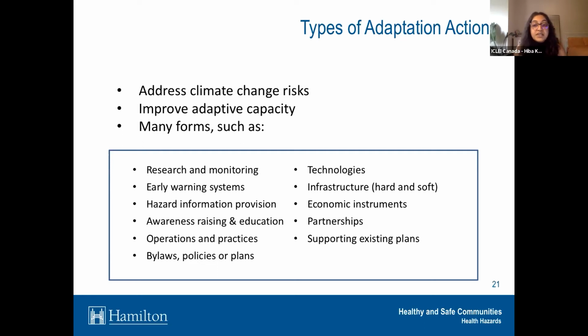This can look like modifying plans, policies, procedures, and standards, whether that's looking at bylaws, development plans, operating practices, codes, things like that. We can also look at building new or upgrading existing gray or green infrastructure, whether that's looking at things like low impact development and how to integrate that into existing assets, homes and retrofits, things like that, expanding stormwater collection, all of those pieces.